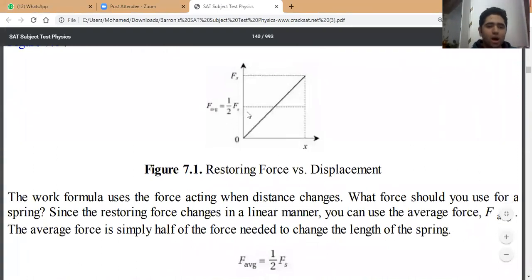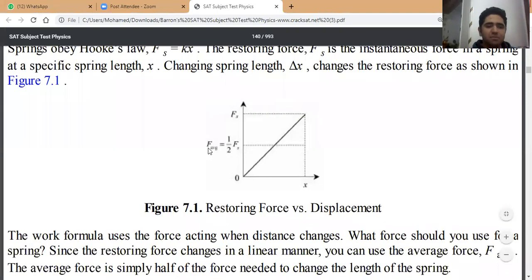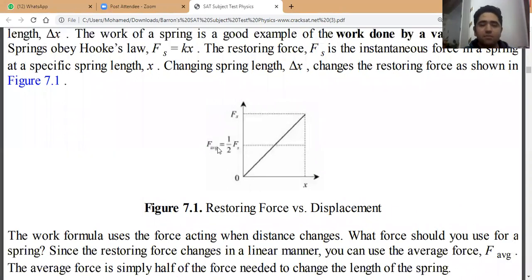So what you're going to see here is Favg, the average force. Well, what is average force? It's going to be half Fs, half the force. Average force is half the variable force. Now, why is there a variable force? Well, the spring is actually trying. You have the spring right over here,